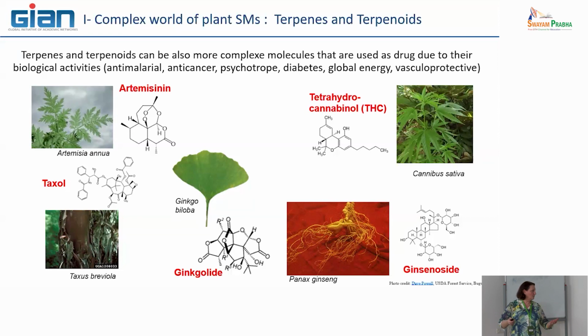It is also an example we will have time to discuss, because these plants are able to produce it. We can extract artemisinin from plants, but it can also be produced by biotechnological ways. And also in Cannabis sativa, you can have some specific molecules considered as not so good molecules, but they have some very interesting medical properties